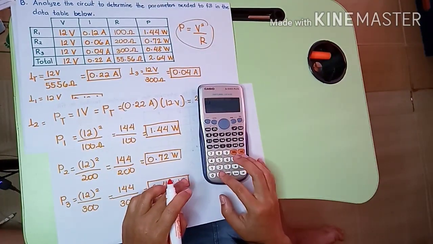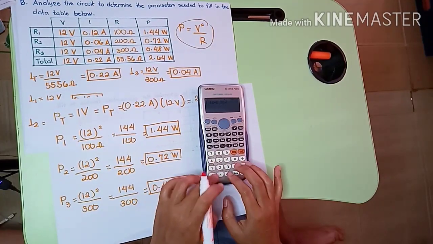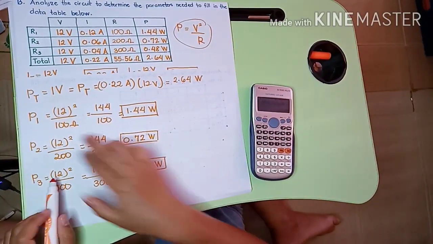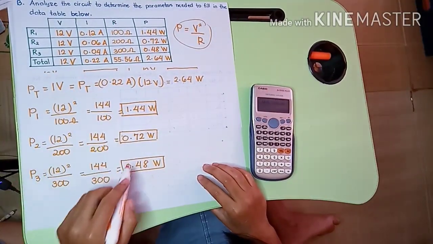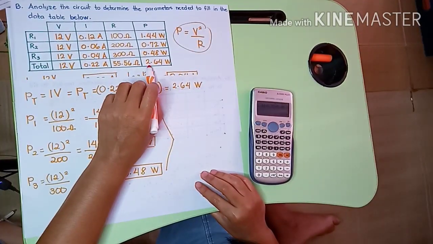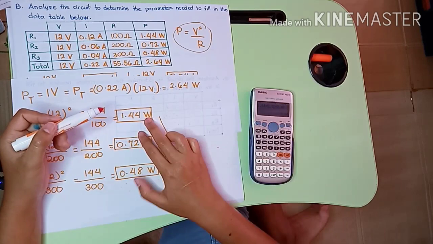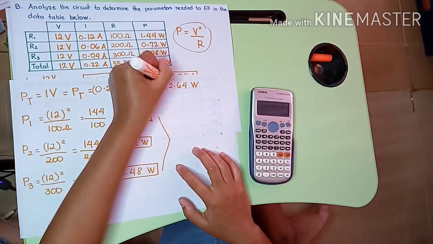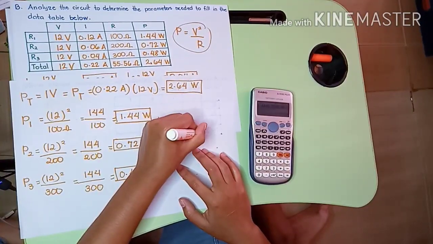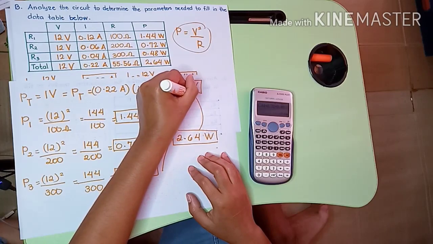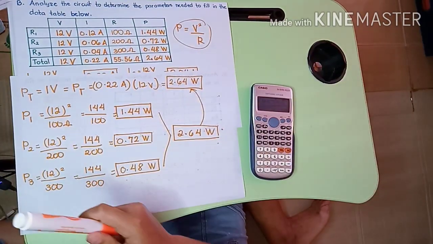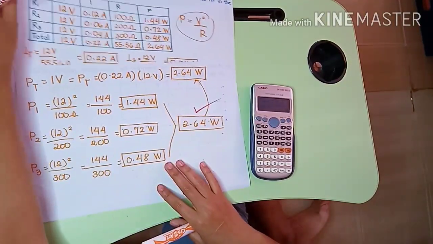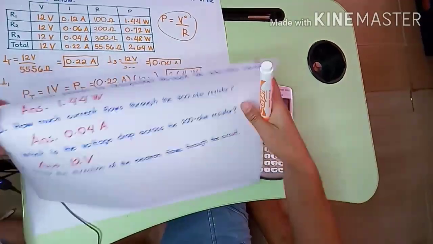Now we check that we arrived at the correct power of R1, R2, and R3. We will add up these three: 1.44 plus 0.72 watts plus 0.48. So the total of this is equal to 2.64. So with that, we know that our answer is correct. Now that we have filled in the table,